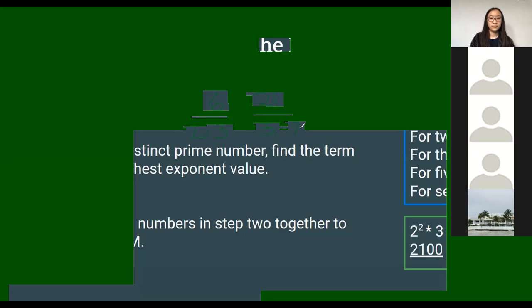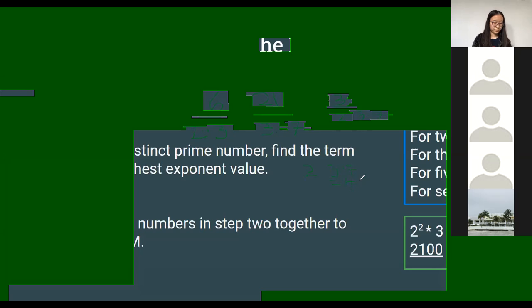So we have 3 distinct prime numbers: 2, 3, and 7. None of these have higher exponents, so the greatest exponent of each one is just 1. So we multiply 2 times 3 times 7,